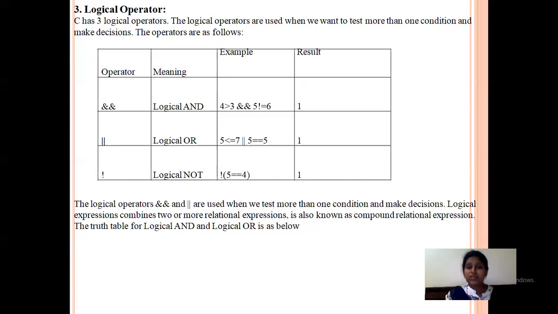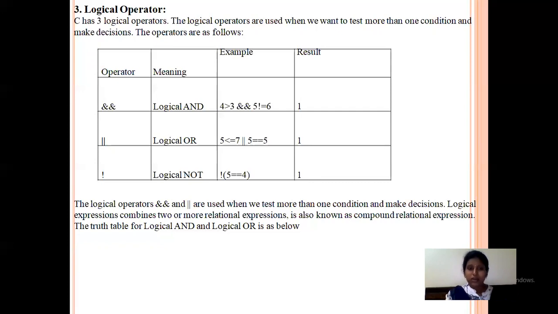If both the values are true in AND, then the resultant value will be true, right? Whenever condition 1 is false and condition 2 is true, then you will get the value 0. For AND, only if both are true will you get the value true. If one is true and one is false, you will get the value 0. If one is false and the other is true, then also the resultant value will be false. If both are false, then the resultant value will be false for logical AND.